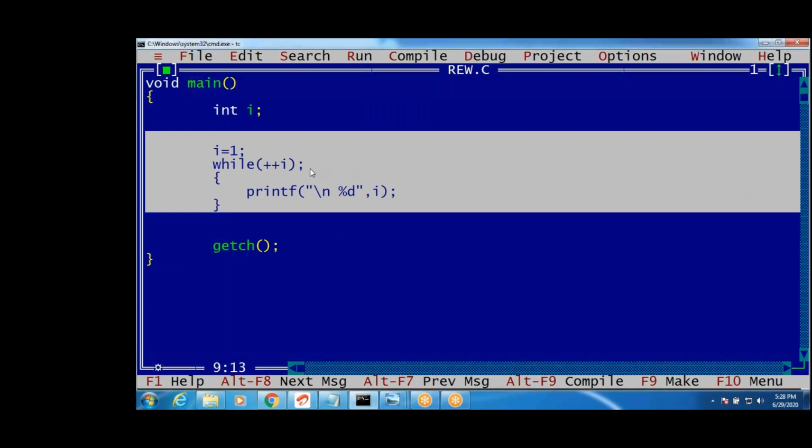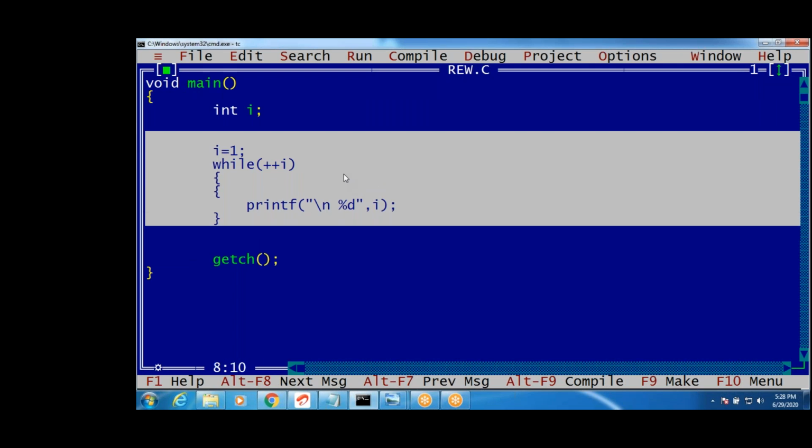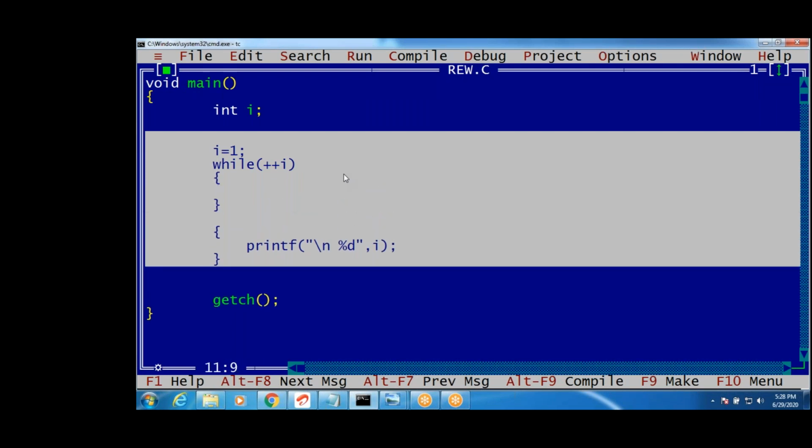right? How many times does it execute, guys? Till zero. Whenever it is zero, it stops. You understood? While plus plus I, two, while three, while four, while five, while six, while seven, while 8, while 9, while 10, while 10,000, while 20,000, while 32,000, again negative values, minus 32,000, minus 20,000, minus 10,000, minus 5, minus 4, minus 3, minus 2, minus 1, 0. Whenever it is 0, it stops. It comes outside, and the I value will be printed. What is the I value? 0. See this. When it stops, it comes outside.